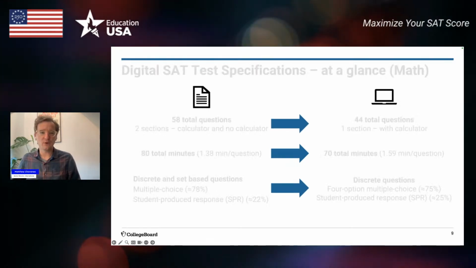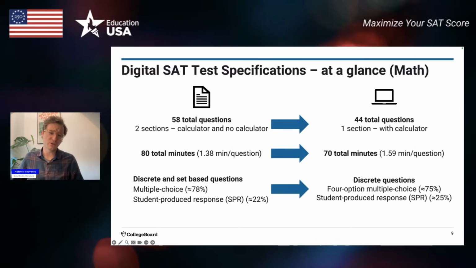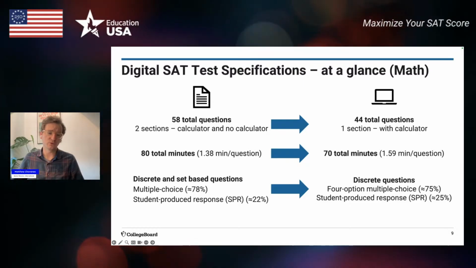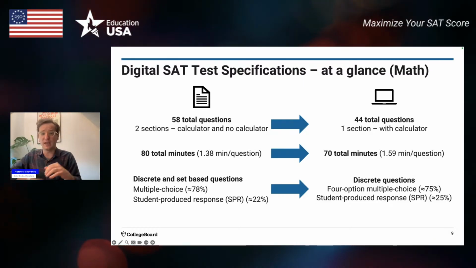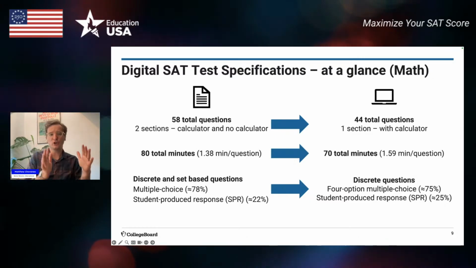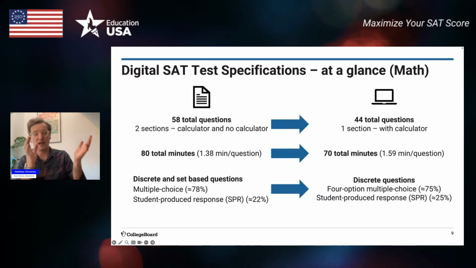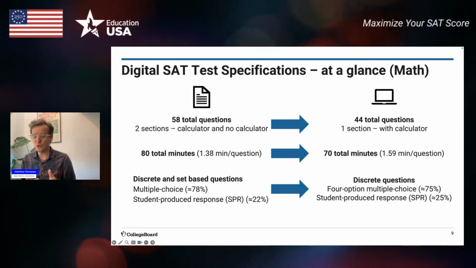And then similarly for the math section, you're going to have about 44 questions, and those take about 70 minutes. About 3/4 of those are going to be multiple choice questions, and then 1/4 of them will be student produced response, which means you're actually going to type in the answer on your computer. Now, these last 2 slides have shown that the test used to be much longer. It used to be about 3 hours, and we've been able to take it down to 2 hours, which is a much more